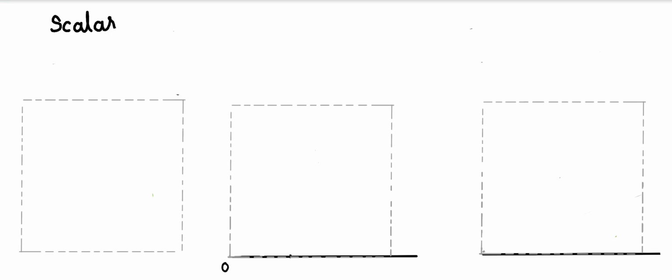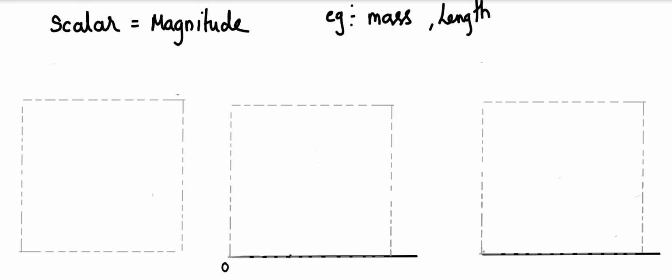There are two basic quantities. Scalar has only magnitude, for example mass and length. When we state the mass of a body, we only state the value. We won't state along which direction its mass is so and so. So what I state here is mass is only a scalar quantity which has only magnitude.